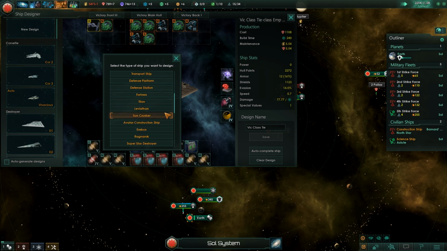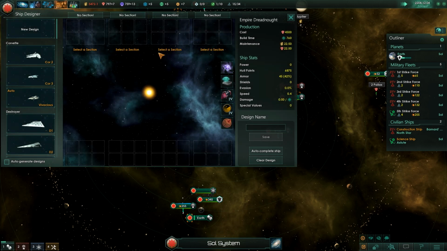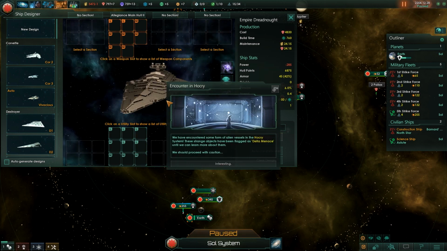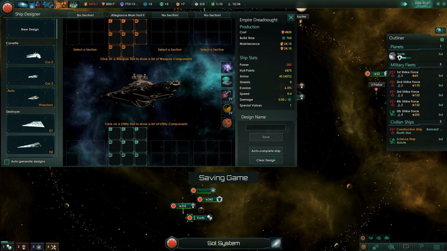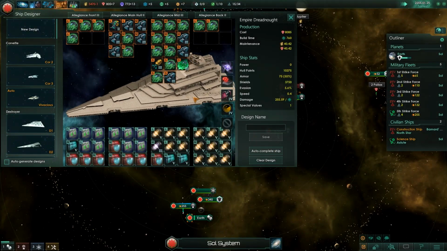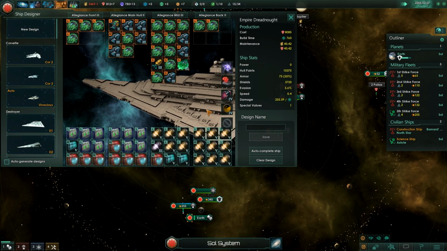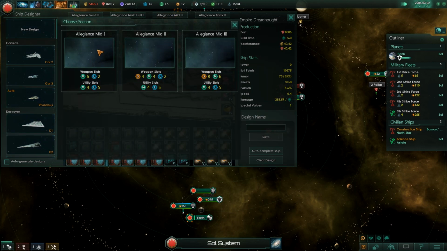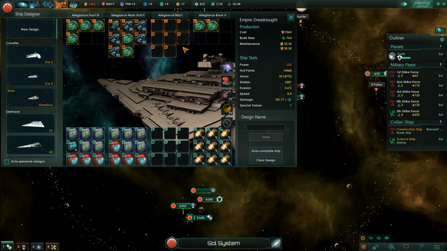So if you've got the Doomsday weapons installed, you'll get access to Imperial Dreadnoughts. Holy crap. Situation log updated, that's great. This will have its own technology tree to get through to it. And look at this thing. Like, let's just load it up with weapons. The turrets. Oh, they're like in here. Well, what if we changed it to...